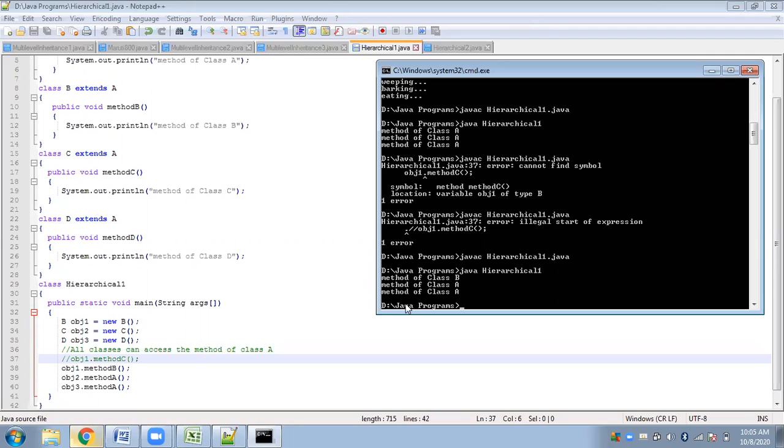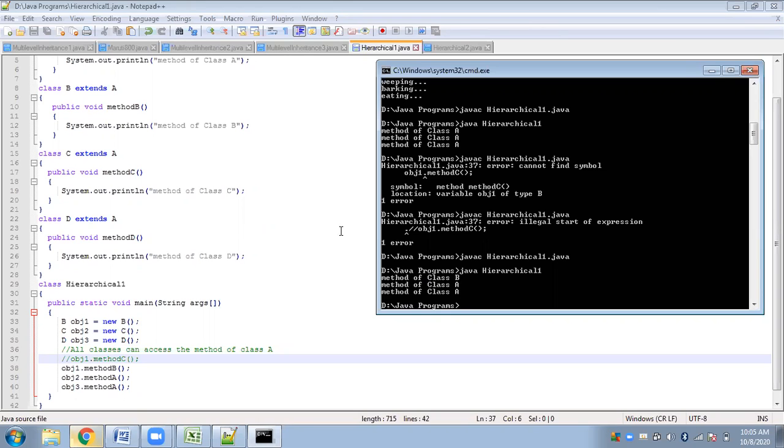So that is a headache in hierarchical inheritance. If you have, say, 100 child classes, then you have to create 100 objects. You have no other way out, for each of the child classes. So that is the drawback of hierarchical inheritance. The child classes are at one level and they are not related to one another. They are simply siblings. So if you want to access their methods, you have to create objects of each of those classes.